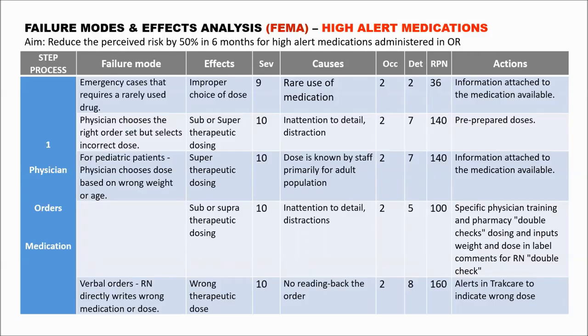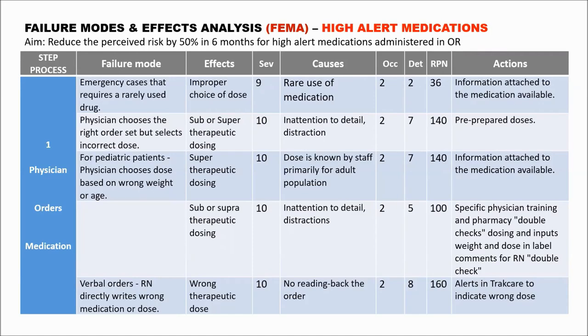So we are here, our FMEA is to reduce the percentage risk. Our aim is to reduce the perceived risk by 50% in 6 months for high alert medication administration in the OR. So the first step is physician order medication. What went wrong here: in emergency cases that require a rarely used drug, which would affect appropriate choice of dose. This is due to rare use of the medication, and the action to be taken is information attached to